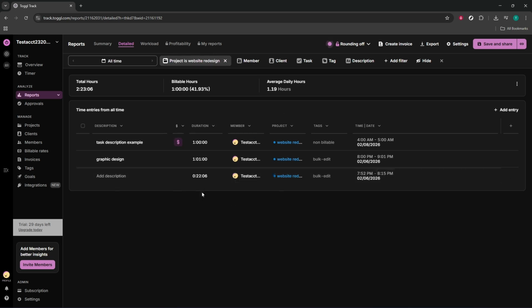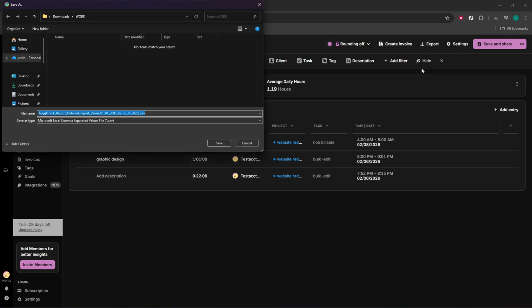Once everything looks right, you're ready to export. Head to the top right corner of the report and click the Export button. From the options, select CSV. Your browser will download the file to your default Downloads folder. That file contains the same data you just previewed in a tidy, column-based format. Open the CSV